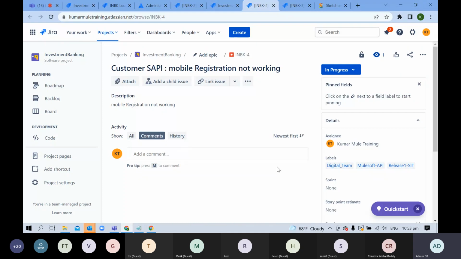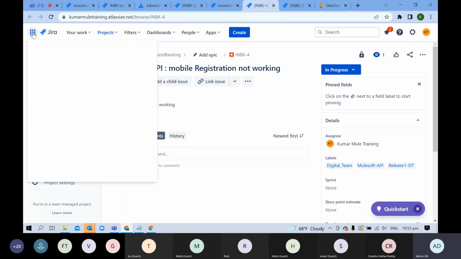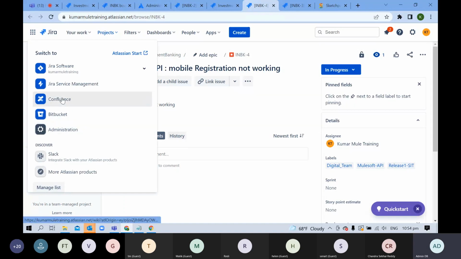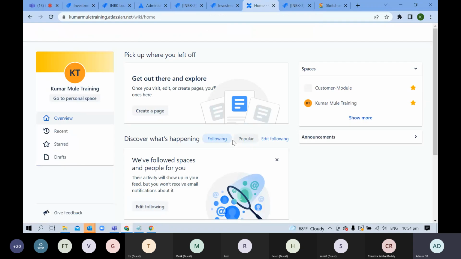Okay, fine then. So it seems everyone is clear on this part. Now the next thing we will see is Confluence. Okay, so this is another Atlassian product, and this we use to manage our